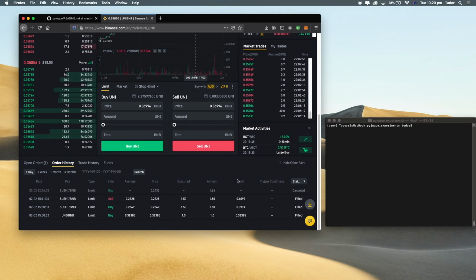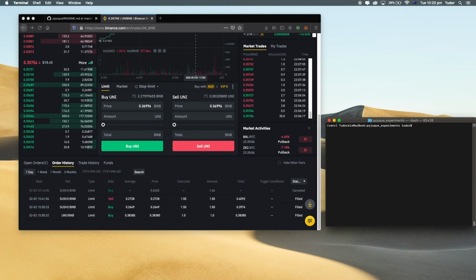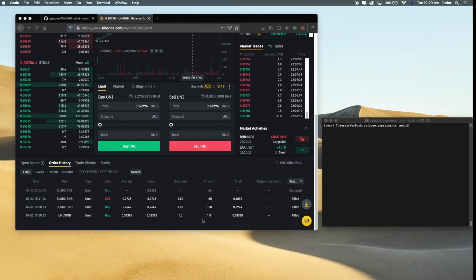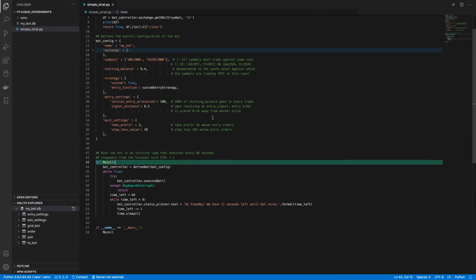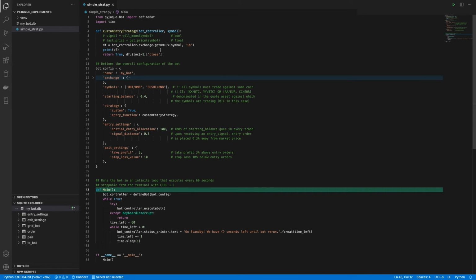It just buys continuously. In fact, I think we got really lucky that within a few hours we got to sell at a 3% profit. But this didn't happen for uni, so you win some, you lose some. Either way, the point I was trying to make here with pyjuque is that it's very simple to get started with it, and code whatever crazy strategy you have in mind, or it might not be crazy at all, and just let it do its thing and buy based on the signals that you